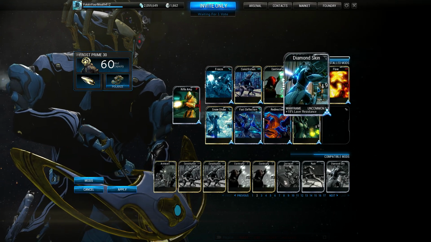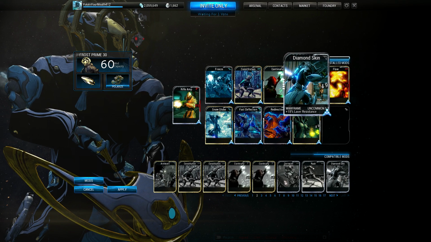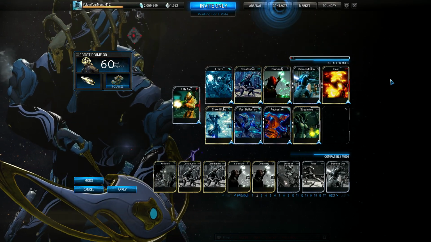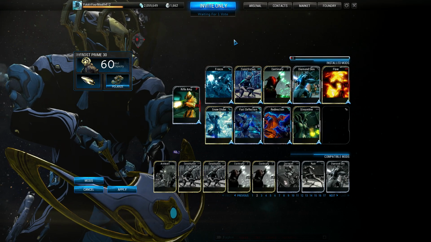Using it on regular maps, it's going to help you out with Corpus too. It's just better than Vitality, basically, if you're playing against Corpus. Now, before I finish up with the defense here, I just want to note, if you are running regular maps,